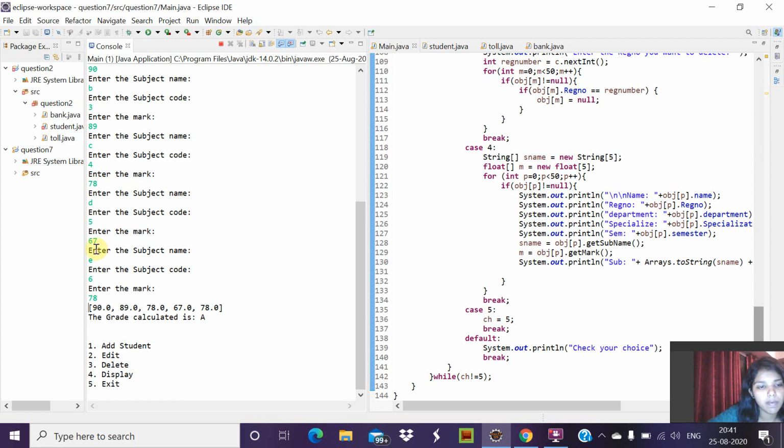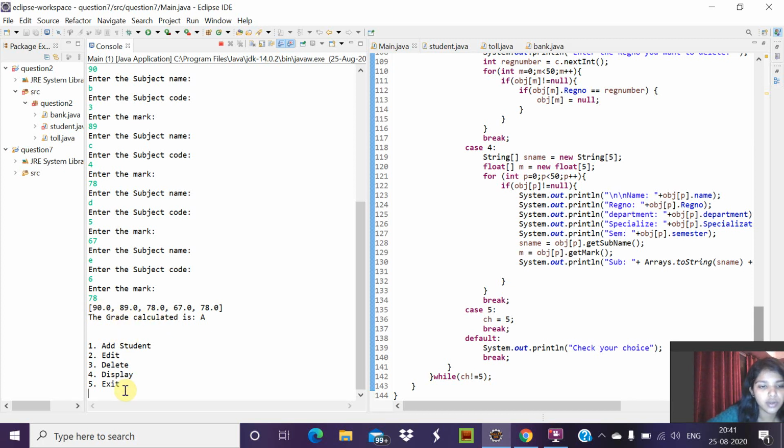So all the marks of the subjects entered will be stored inside an array, and as we have seen in the program, sum and average will be calculated, and the grade will be printed, that is grade calculated as A.